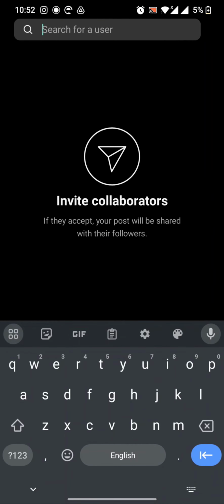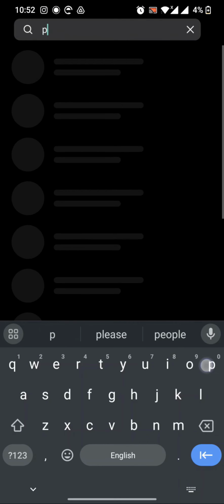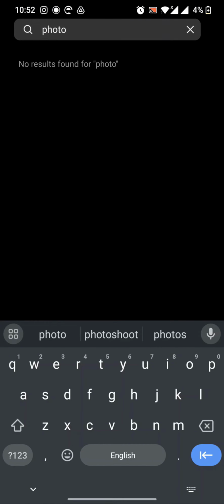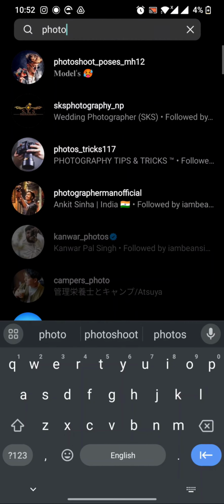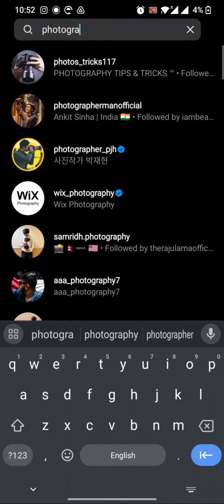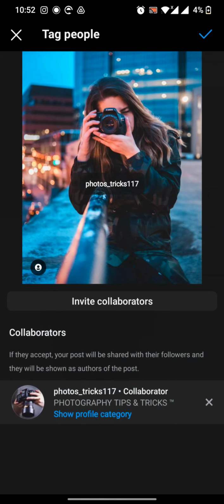So this is the collaboration video. So now you have to collaborate with whom you want to do. So I'd like to click on the photos tricks. So here is the photo tricks I want to collaborate with. So yeah, the notification will go to photo tricks that I want to collaborate with him or her. So in this way you can just collaborate on